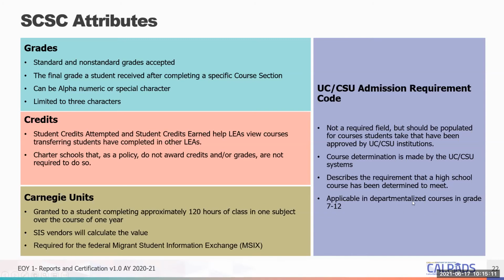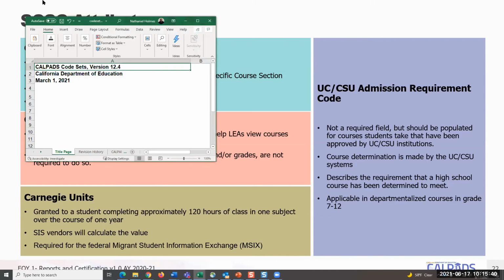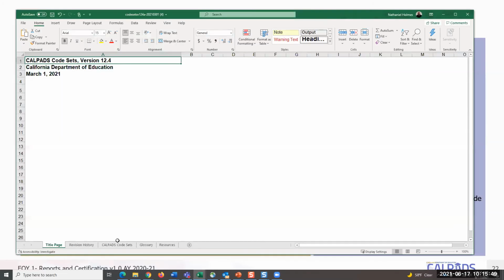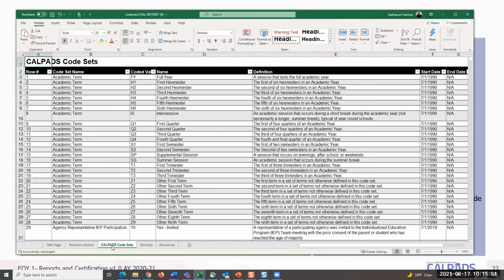And then we also want to know if the course that your student completed meets a UC or CSU admission requirement, and which one that is. And so they're coded A through AG or A through G, and they have the different subjects. So we talked about codes a little bit. The document that you would use if you have questions about codes would be the code set. And so I just had it downloaded already. And if you're doing daily work in CalPADS, you probably should have it ready. I use the tabs at the bottom to cycle through, and hopefully this will work.